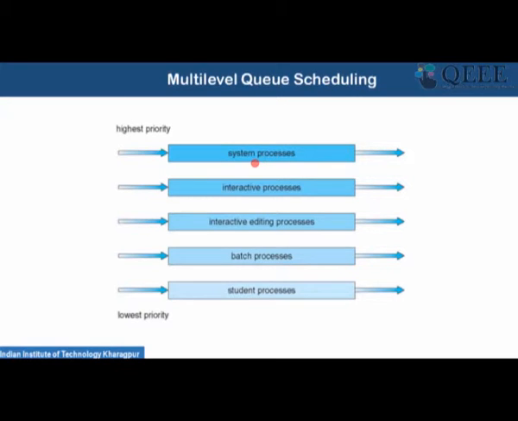For example, for the system processes, maybe you can apply a priority scheduling algorithm, but for the student processes or the low priority processes, you may apply some kind of round robin scheduling algorithm. So for different classes or groups of processes, you can apply different scheduling algorithms. That actually happens in our Linux or Unix based operating systems. There was a question in the last class about what scheduling algorithm Unix or Linux based operating systems run. They don't run a fixed scheduling algorithm, rather they run different scheduling algorithms for different types of processes.